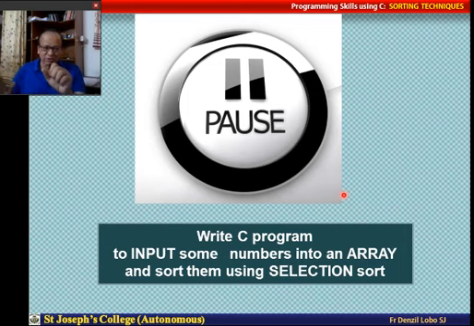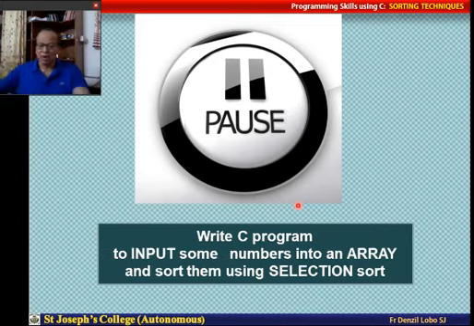Then I go to the second number and find the minimum number in the second part of the array. Then go to the third number and find the minimum number in the rest of the array and exchange this number with that minimum number. That is the whole complete procedure for arranging the numbers in ascending order.